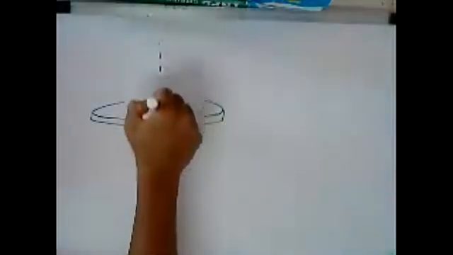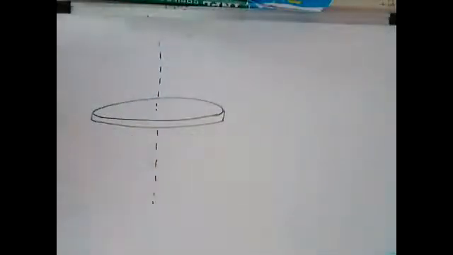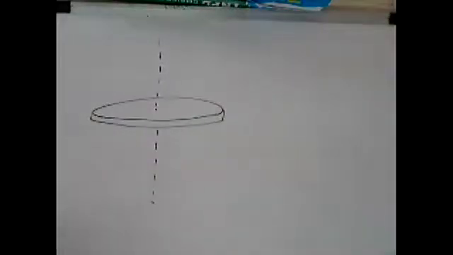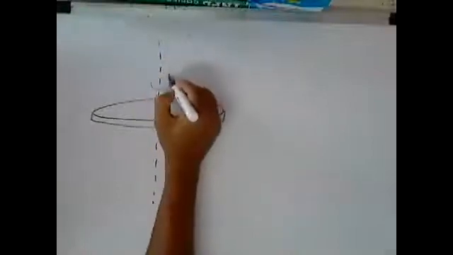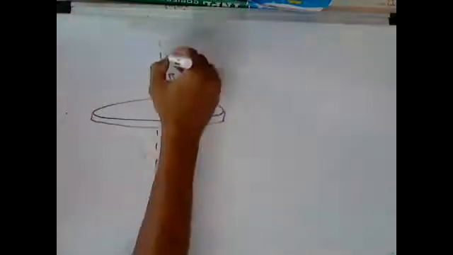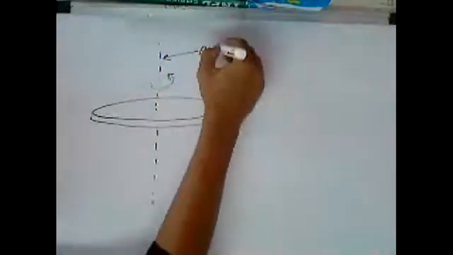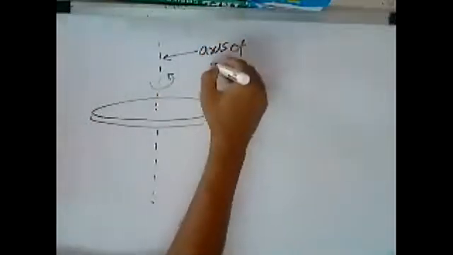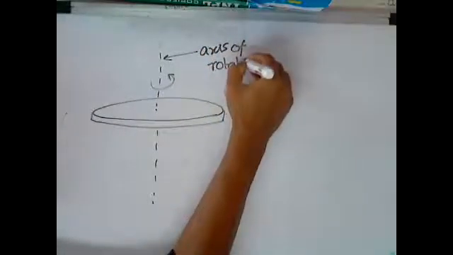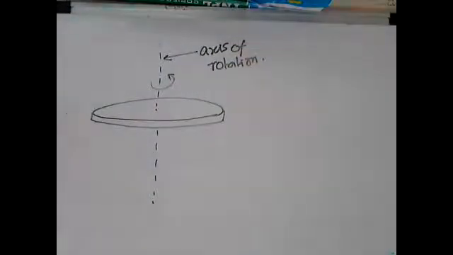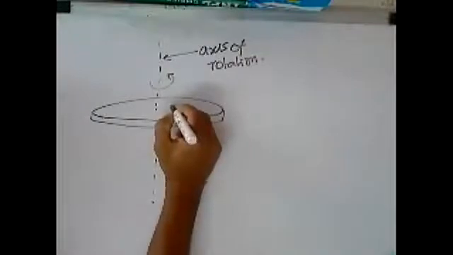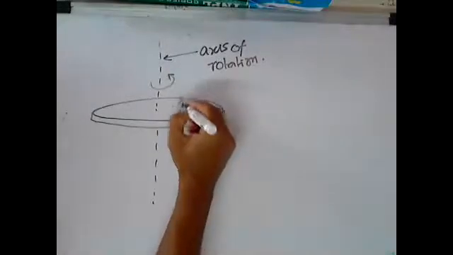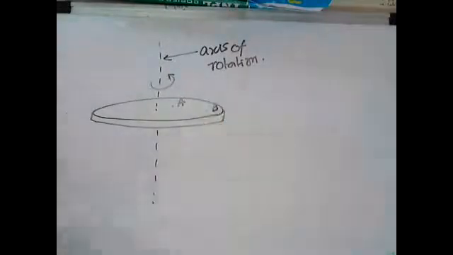When objects are rotating, you can consider a sort of circular disk which is rotating about an axis of rotation. So this is what we call an axis of rotation, which is usually symmetrical. Then we took 2 points on this, and this is just a kind of recall of what we have done so far.